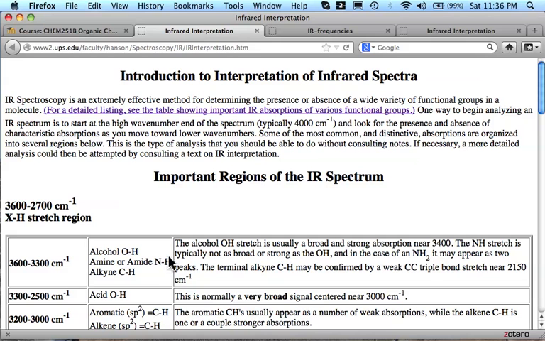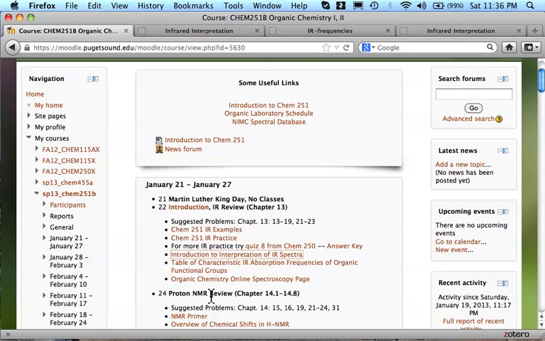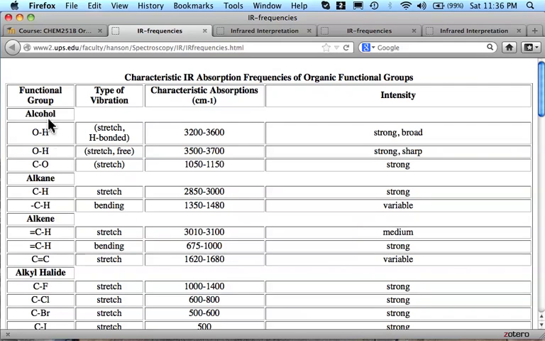Now there's a related handout that I'm not going to give you, but is available to you online. I mean, I'm not going to print it out for you. And that is the same information, but now arranged by functional group rather than by where they come in the